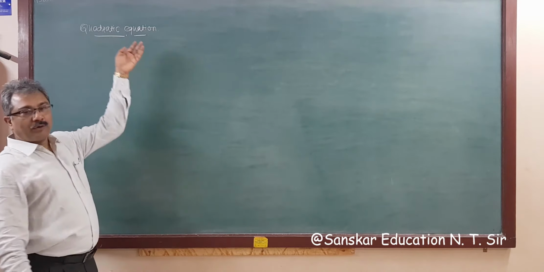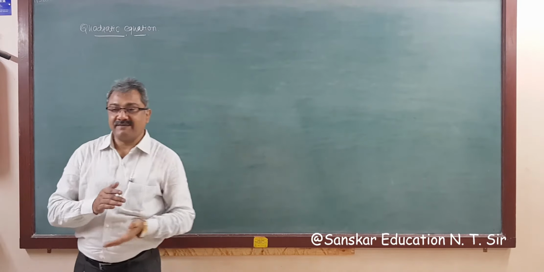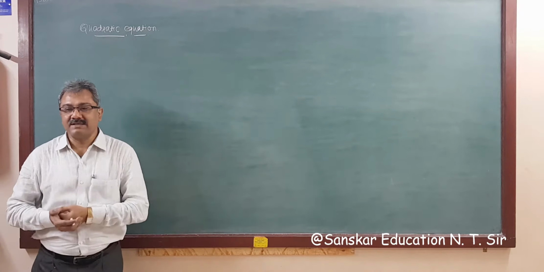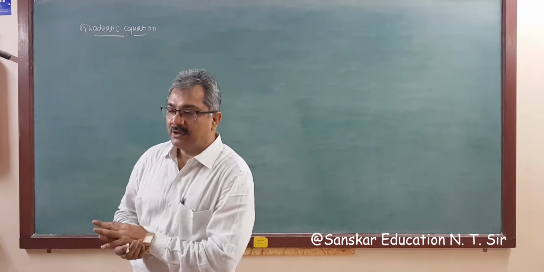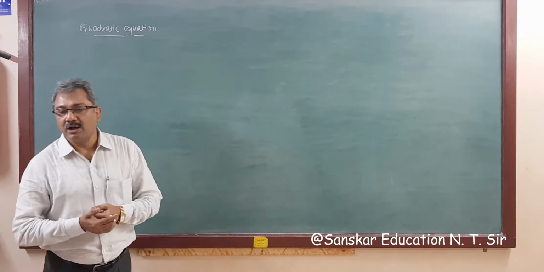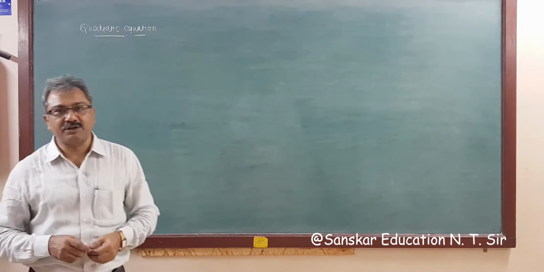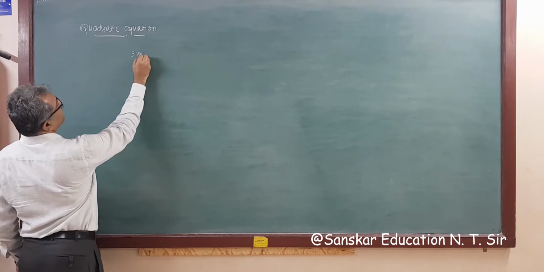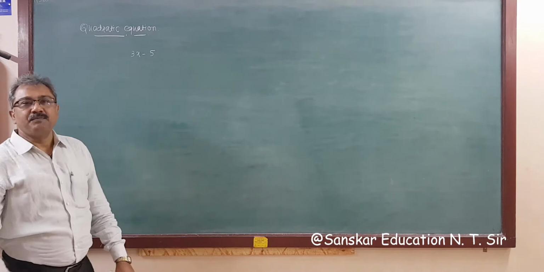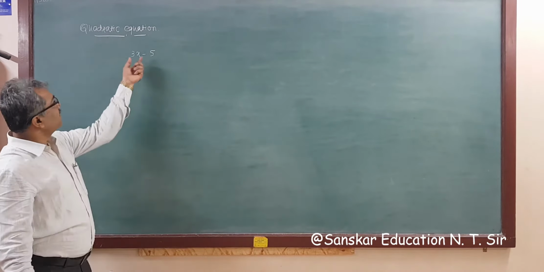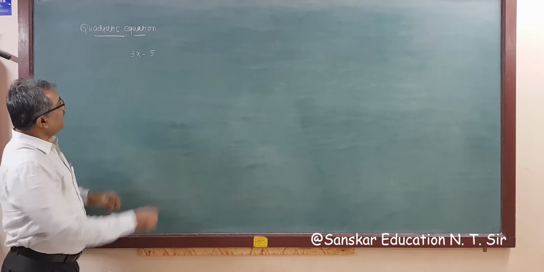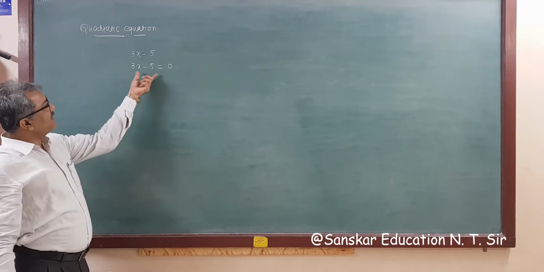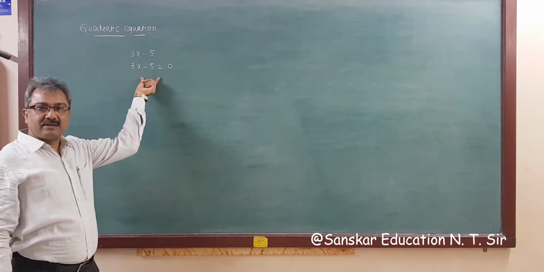So now quadratic equation. You know what is the equation? Equation is a statement of equality of two algebraic expressions, involving two or more variables, where the variable is unknown. That you know, right. Now suppose you are given 3x minus 5. So this is a simple polynomial because this statement doesn't have any meaning. But if I am writing like this, 3x minus 5 is equal to 0, so this statement has a meaning. So this is called an equation, right?